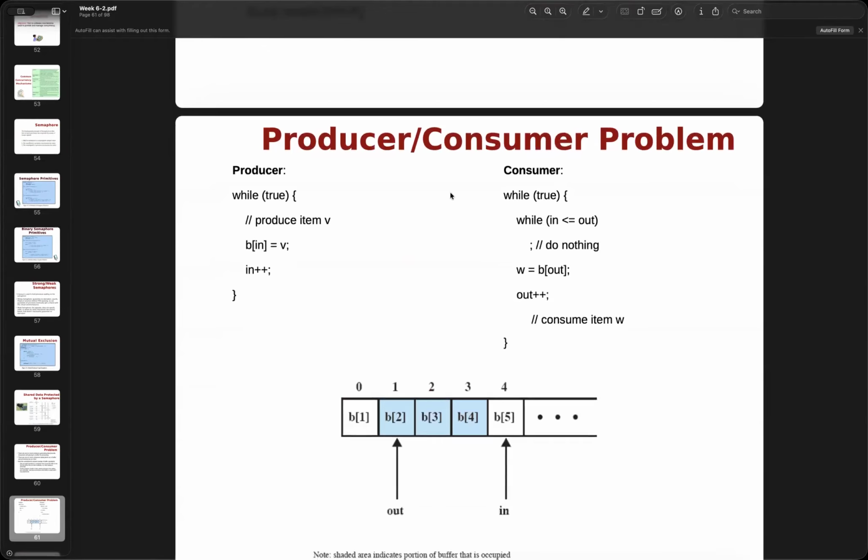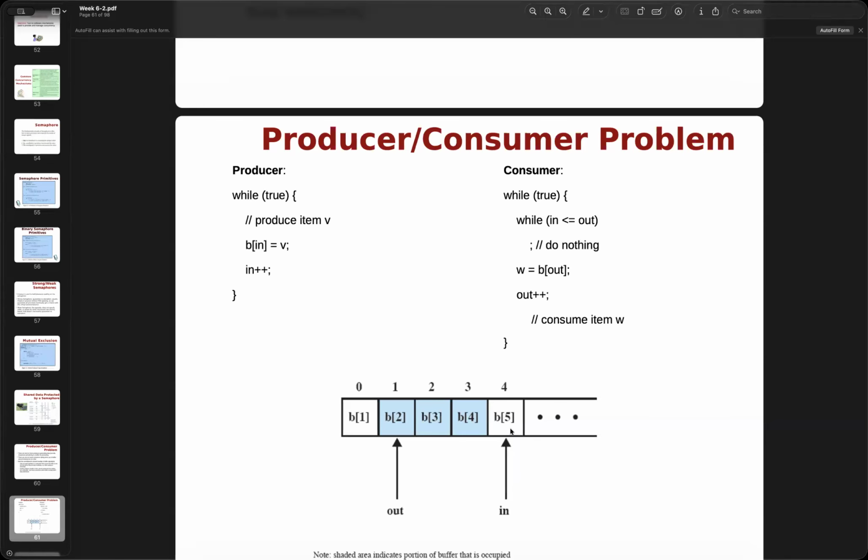Let's say we always put in a while loop. If we try to produce, we add to the buffer and increment in by 1, so the values go 1, 2, 3, 5. For the consumer, while true, we make sure in is not less than out; if in is less than out, that means we do nothing.